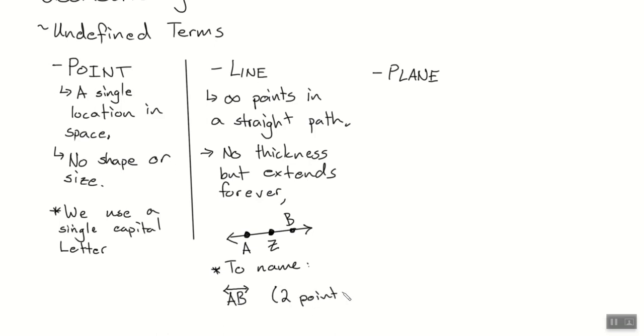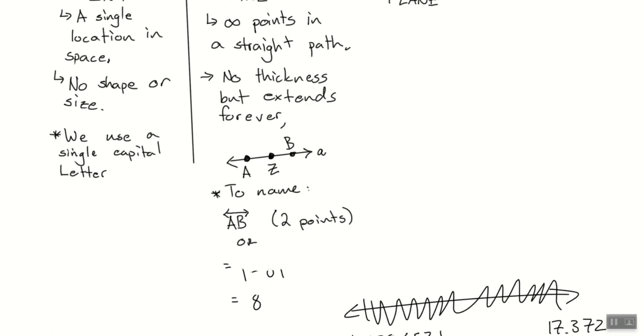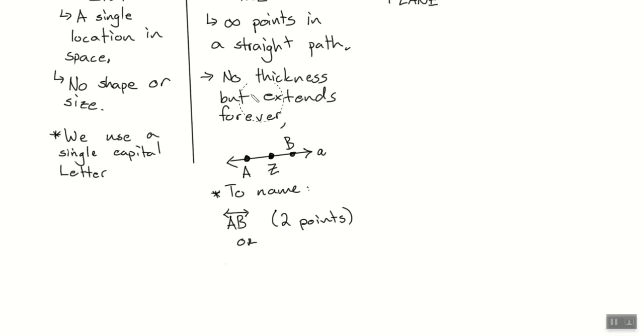Okay, alternatively, what you will see is oftentimes mathematicians are lazy. They don't like to write much. I get it. You will regularly see lowercase italic letters next to these things. So if I write, for example, a lowercase italic a, I could call this line AB or BA or AZ, whatever those combinations are. Or what else do you think I can call it? Line a. We'll say 2 points or line a in this case, or m or l or whatever letter you wind up using or seeing. We can just simply call it line a.